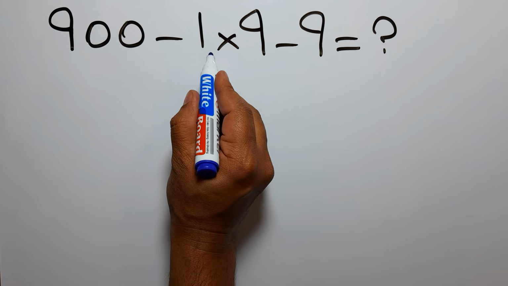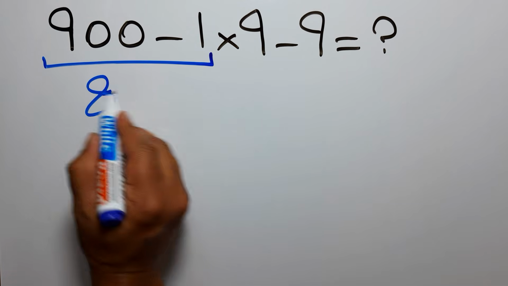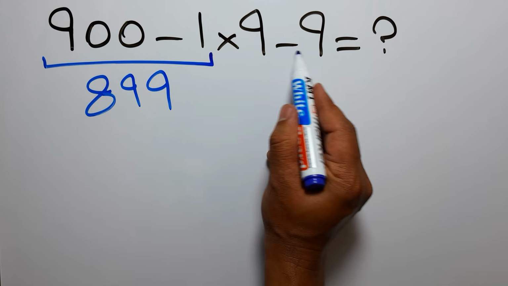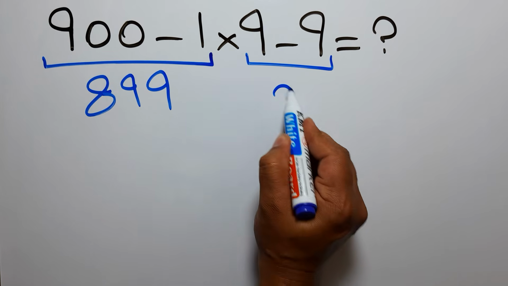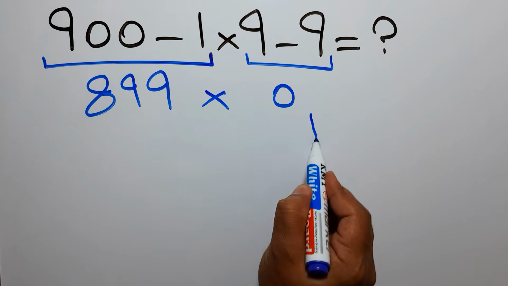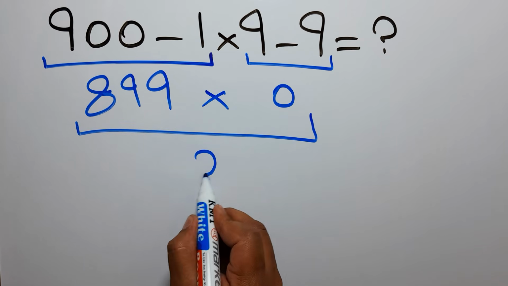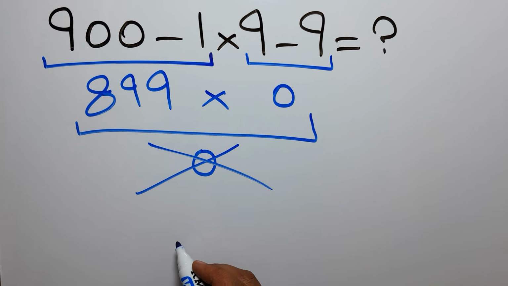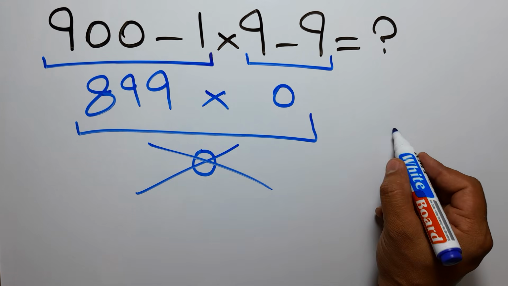900 minus 1 gives us 899. And here we have 9 minus 9, which equals 0. So we have 899 times 0, which equals 0. But this answer is not correct, because according to the order of operations, which is PEMDAS,